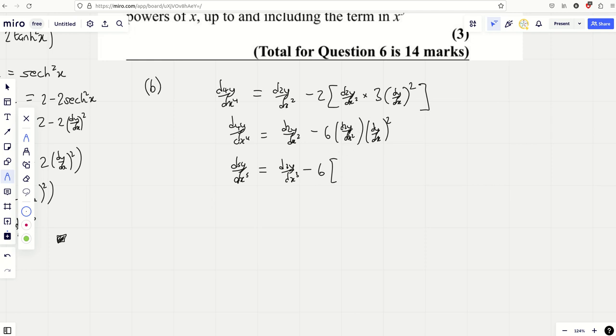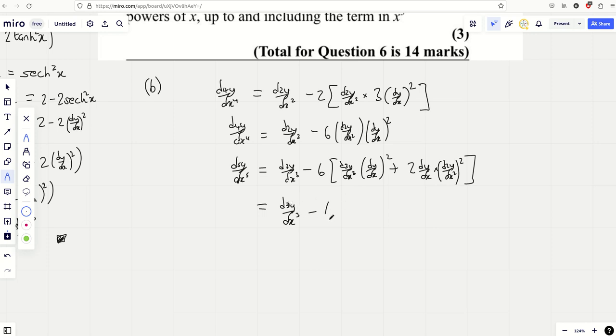Okay, I'm going to differentiate this with respect to x. That's d3y by dx cubed times this side undifferentiated plus. Now I'm going to differentiate this. This is quite difficult to differentiate because I'm going to use chain rule again. So I'm going to use 2 dy by dx, yeah, that's stuff squared differentiates to 2 times stuff, times, now you've got to differentiate inside the function, you're going to get d2y by dx squared there, and then you need to multiply that by the other side undifferentiated, so multiplying it by d2y by dx squared. In other words, this one is going to become squared. Okay, and then that finally gives me d3y by dx cubed